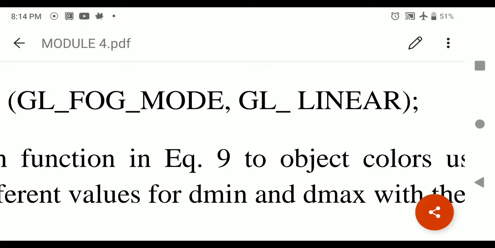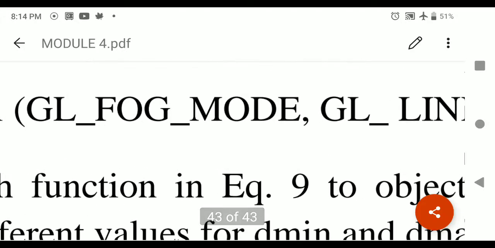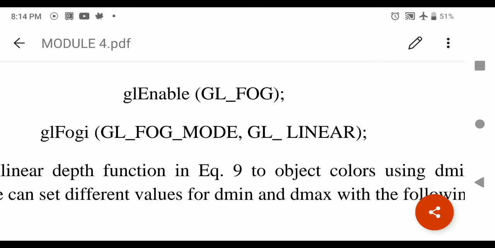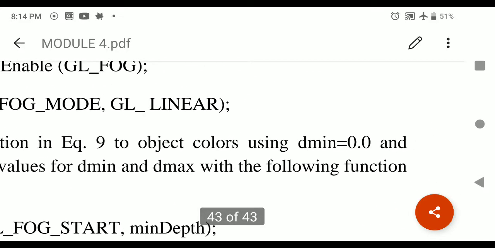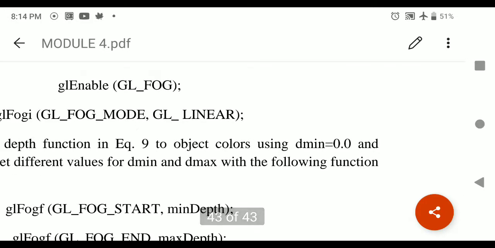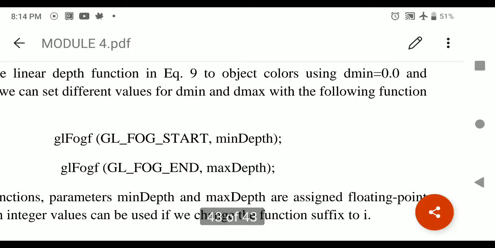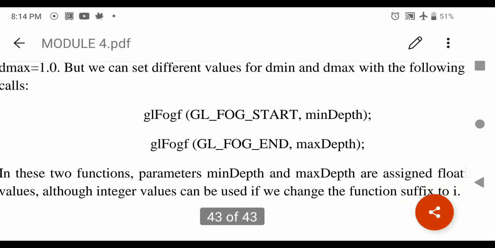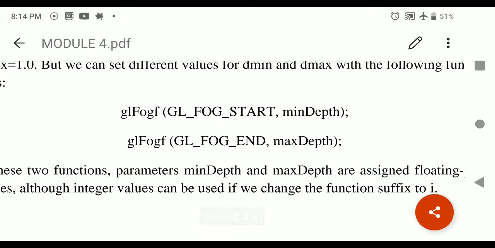So I am going to activate this variation of the brightness using the GL_FOG_MODE parameter. I'm telling that I want to use the fog mode, and then again GL_LINEAR will help me to differentiate the values. So by default d min is equal to 0 and d max is equal to 1. 0 is the minimum value, the maximum value is 1.